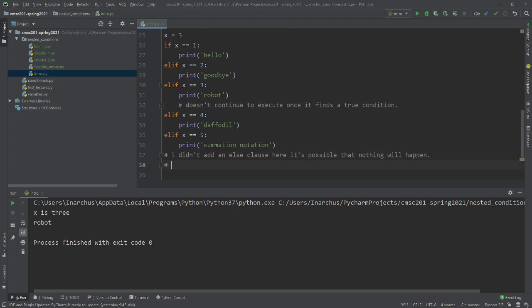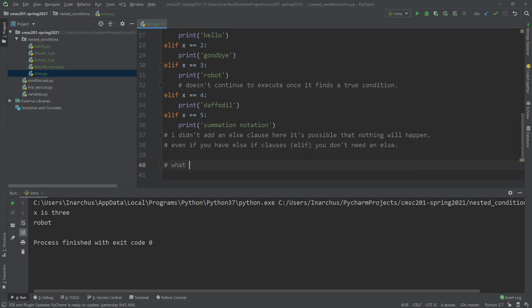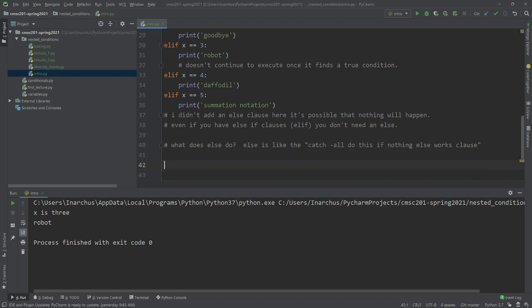And I should also say that even if you have else-if clauses, which are elifs in Python, you don't need an else, but you're allowed to have an else, right? So what does else do? Else is like the catch-all, the do-this-if-nothing-else-works clause. Basically, if nothing else turns out to be true,